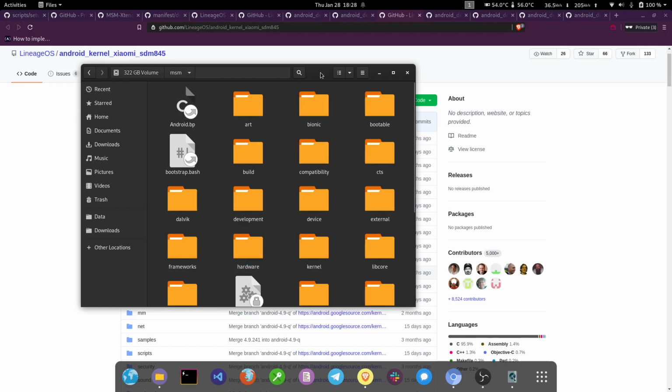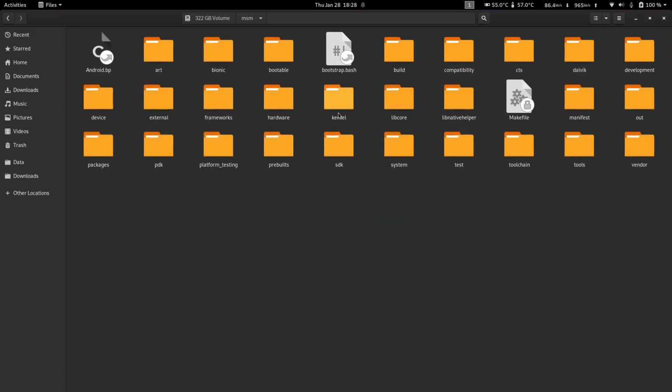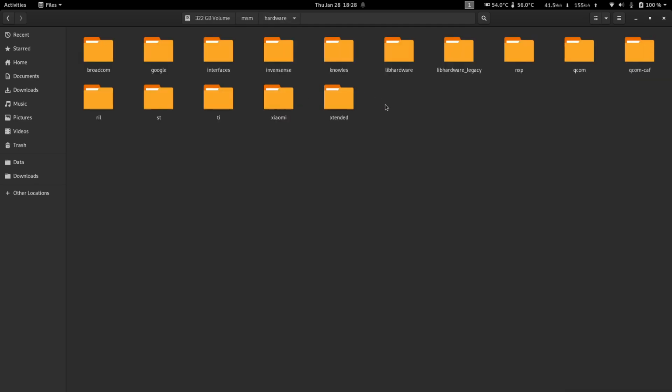So this is basically how the Android or the Extended source code looks. There are multiple folders here. We would be looking at the hardware folder. If you own a Pixel or any other Google device, there's something called HAL.